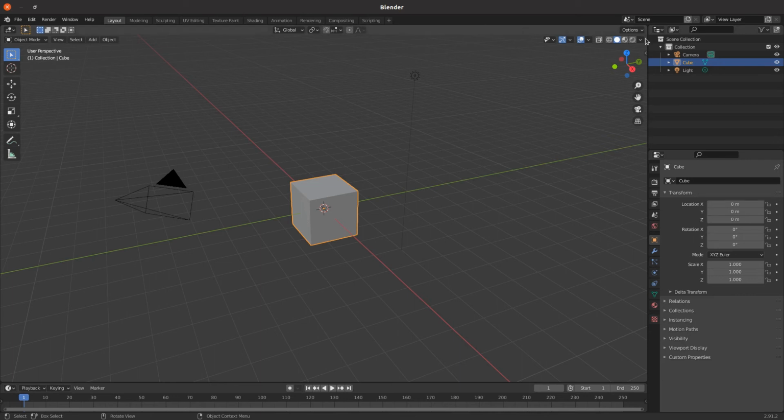And then to the right of the workspaces, we have a drop down for scenes, and the 3D viewport is the virtual 3D world, which is a scene within the Blender file. But you can name multiple scenes and have different 3D worlds that are used together to create the final output